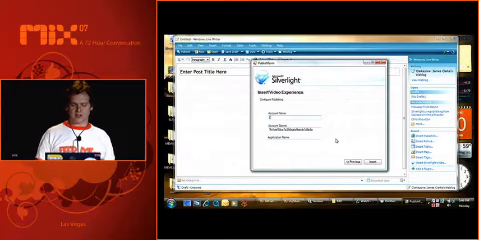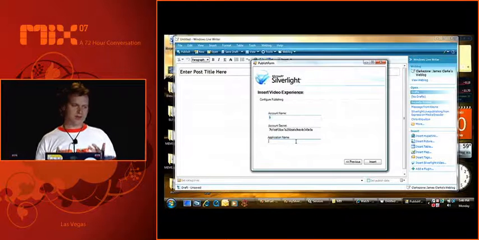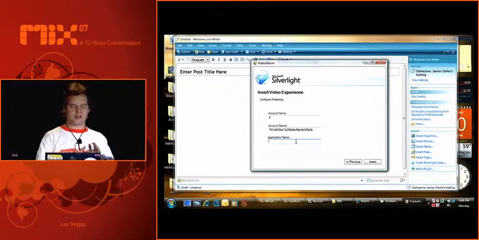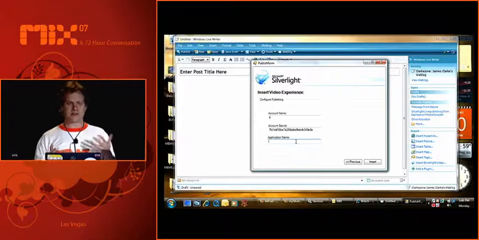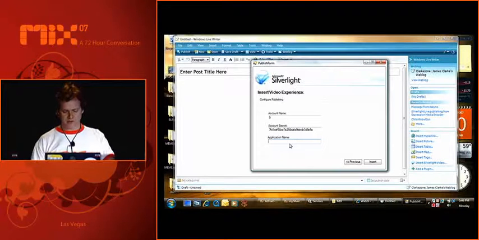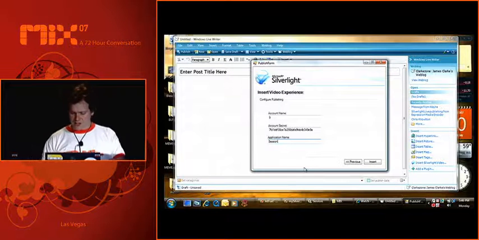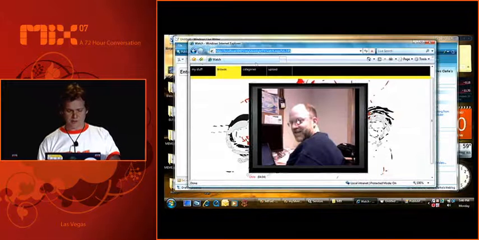So part of the other interesting thing about this plugin is not just the transcoding, but at the end of the transcoding process, what it does is actually then upload it to the Windows Live Silverlight Live service, which is the CDN we've discussed from Microsoft. So we'll call this something. And actually, just as a quick aside, if we go in and have a look at